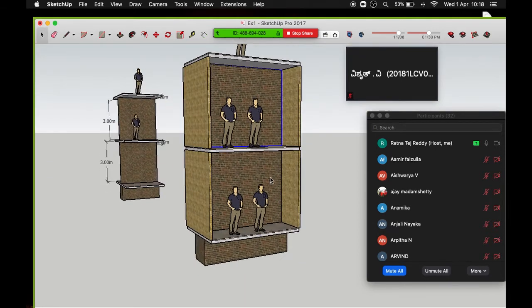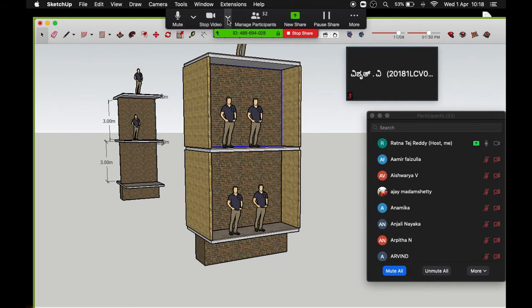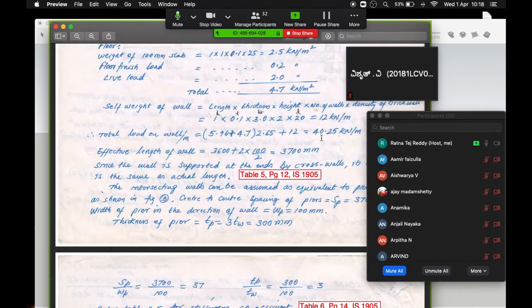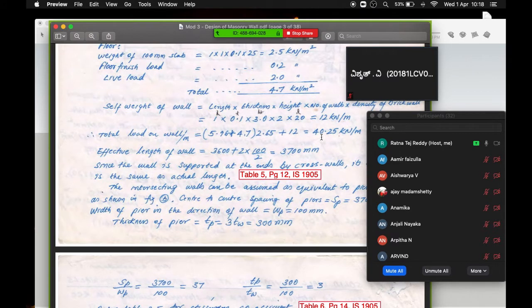Now, once you have that self weight of the wall, since you have two walls, one above and one below, you're just going to multiply by 2, since there are two walls over there, and you get a total weight. Coming back to the question, you get the total weight of 40.25 kilonewtons. Again, over here, the total load on the wall